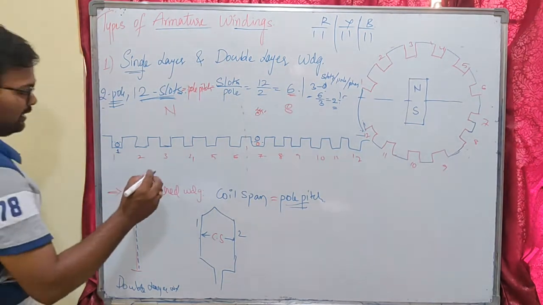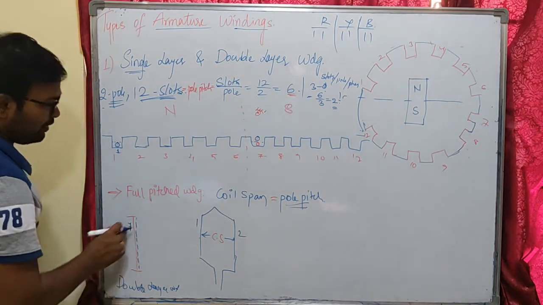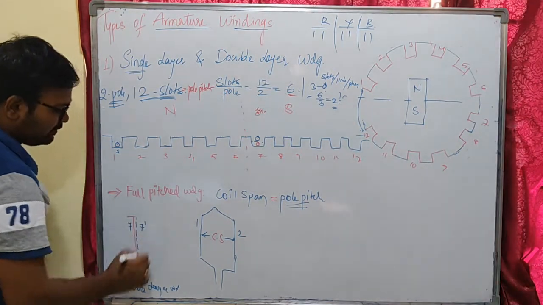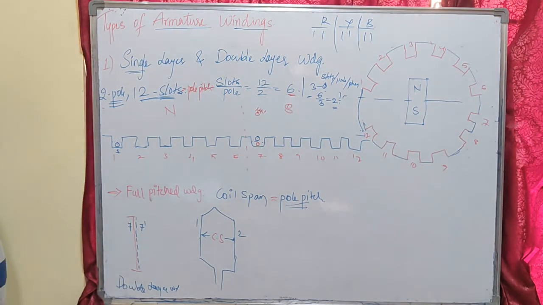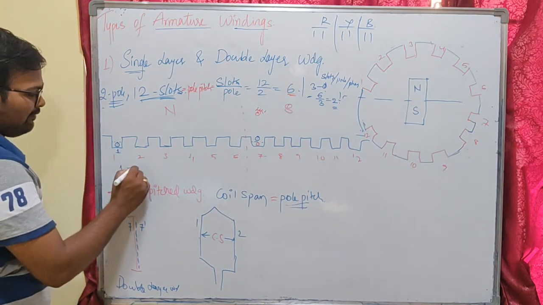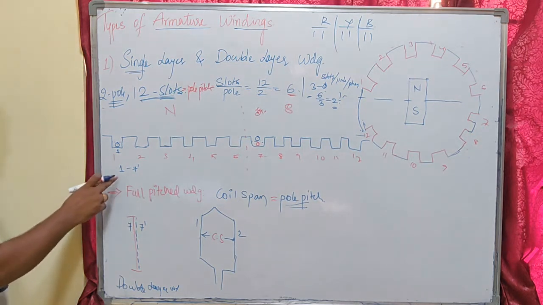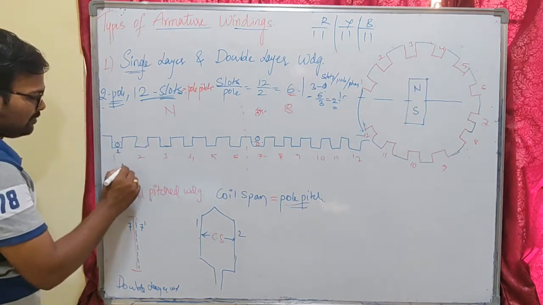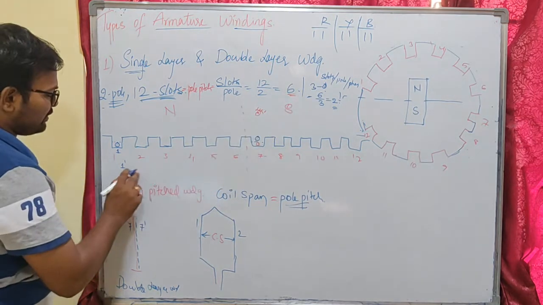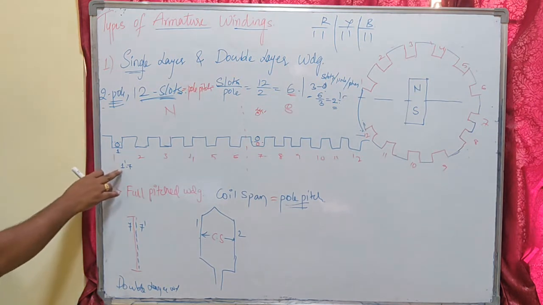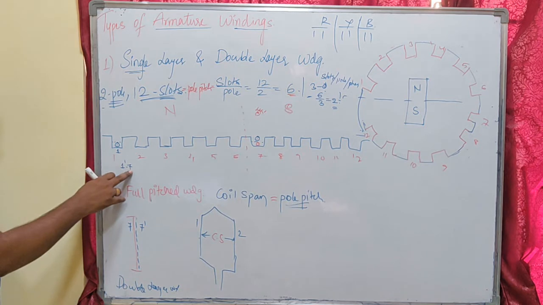Okay, so if the upper deck conductor side is represented as 7, the lower deck will be represented as 7 dash. That means for coil 1 and 7, sorry, this is my 1 dash because it is placed on the lower side, and the coil side in the 7th slot is 7. So this is my one coil. I have placed one coil side on the lower deck of the first slot and the upper deck of the 7th slot.